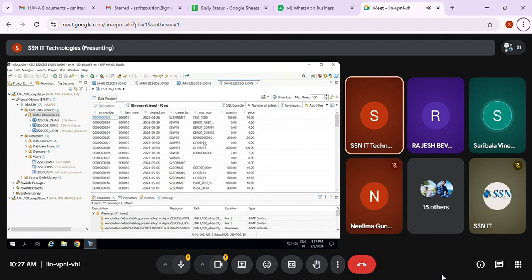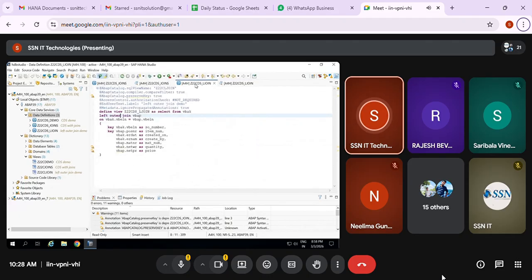Yeah, ma'am. So we learned this in our regular classes also, inner join and left outer join. Here there is no limitation, ma'am. Normally in our programs, when it is more than 3 tables, the performance will go down. That's the reason we use for all entries. But CDS views are going to trigger at the HANA database level.